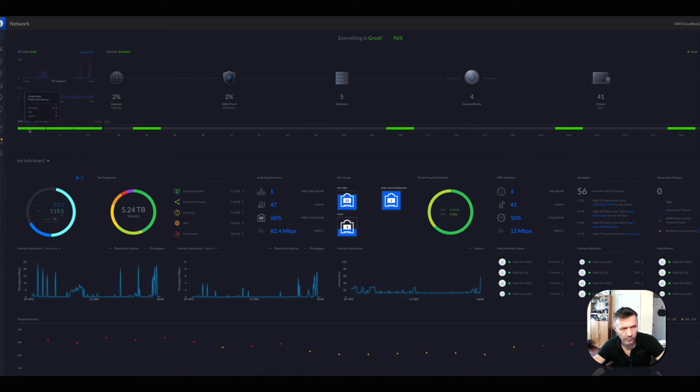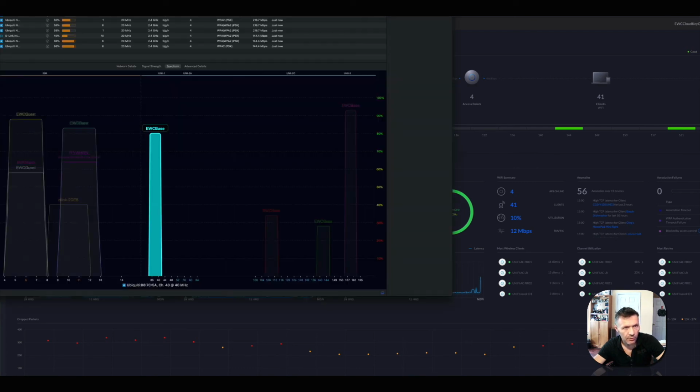For the 2.4 gigahertz, that's the only option you have, and it really depends. Most of the time these are yellow or red because my neighbors have lots of access points as well. But I'm trying to switch most of my 5G to something which nobody's using. And you can run things like a scanner, and that will tell you what you have in your neighborhood. I'm using Wi-Fi Explorer. As you can see here,